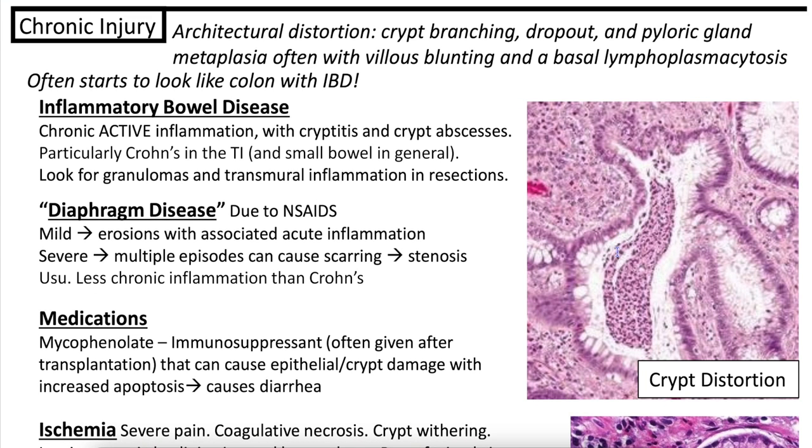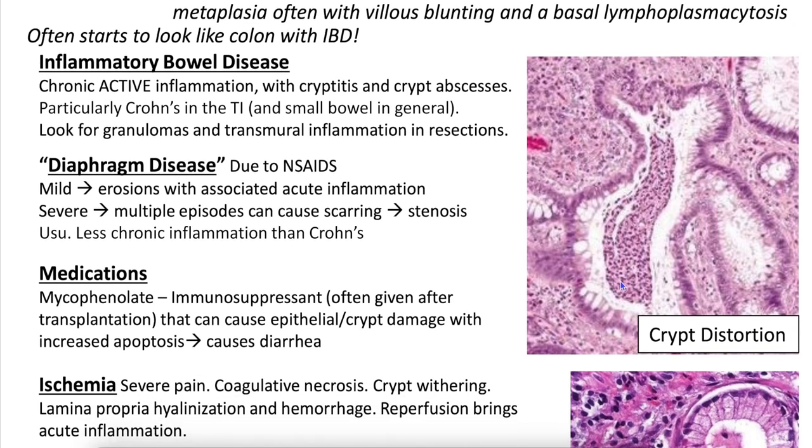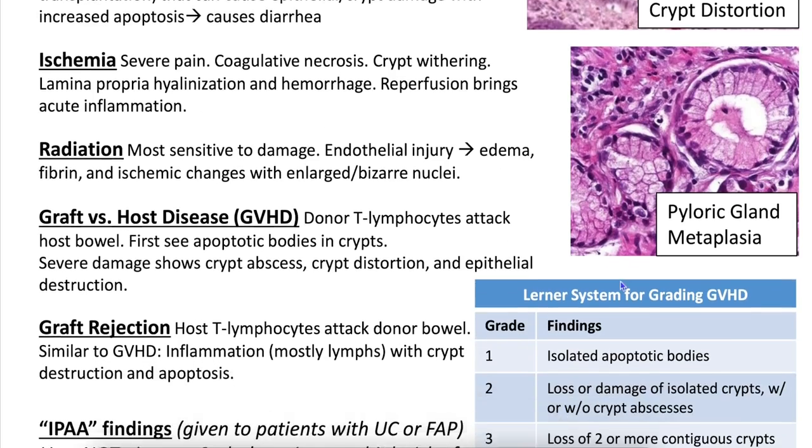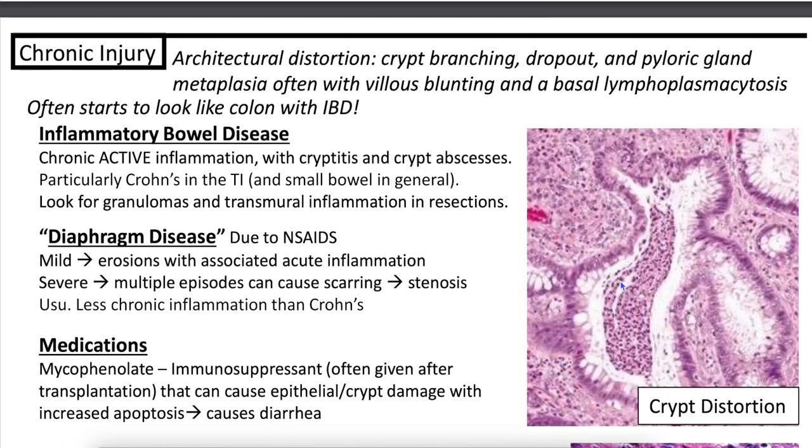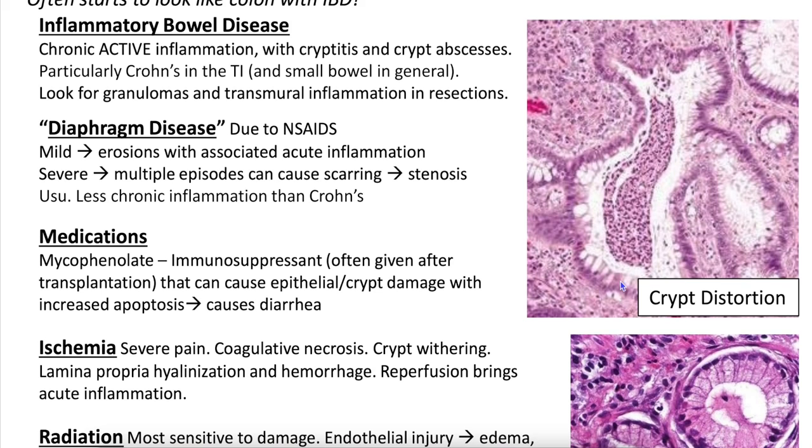Chronic injury in the small bowel, this is when you have architectural distortion. That includes crypt branching, crypt dropout, and pyloric gland metaplasia, often with villus blunting and a basal lymphoplasmacytosis. And it often starts to look like colon with inflammatory bowel disease. So there's a lot of things that can cause this chronic injury, including IBD, where